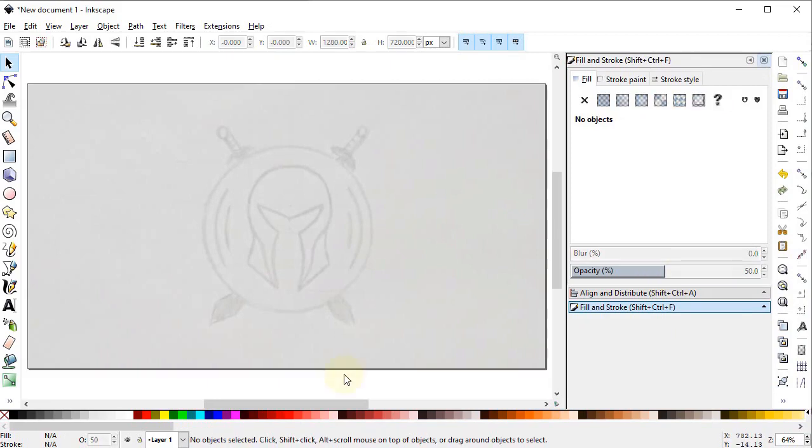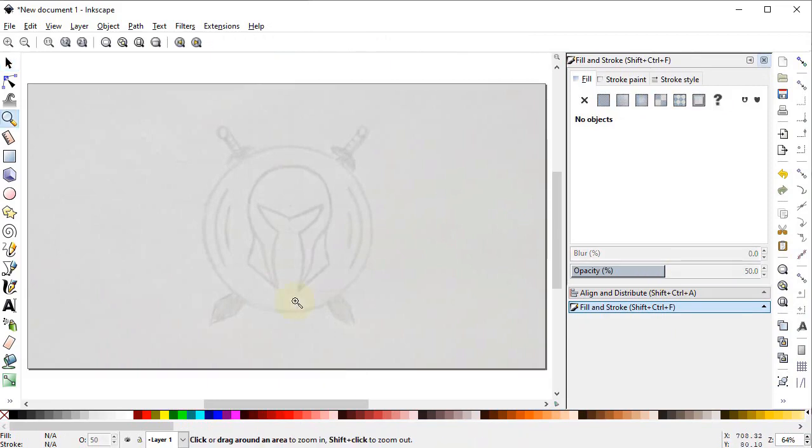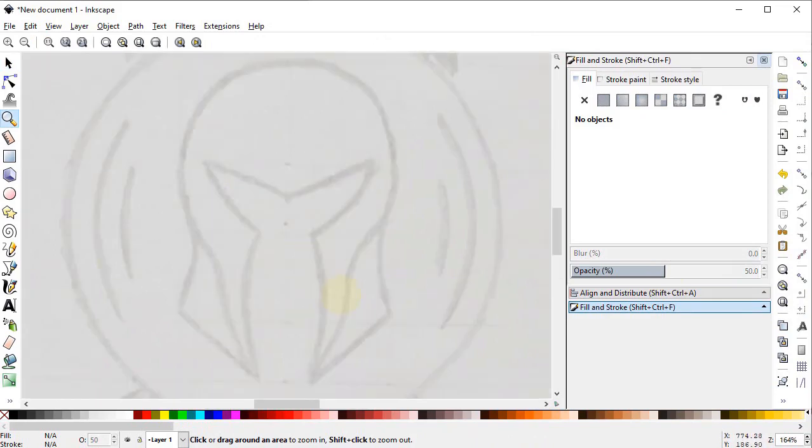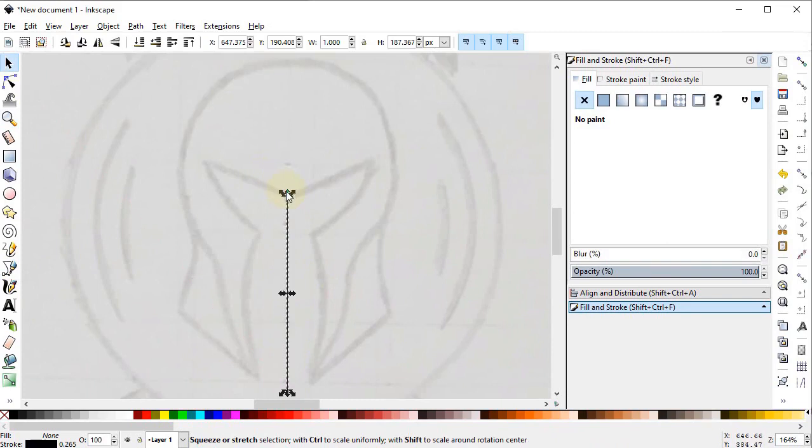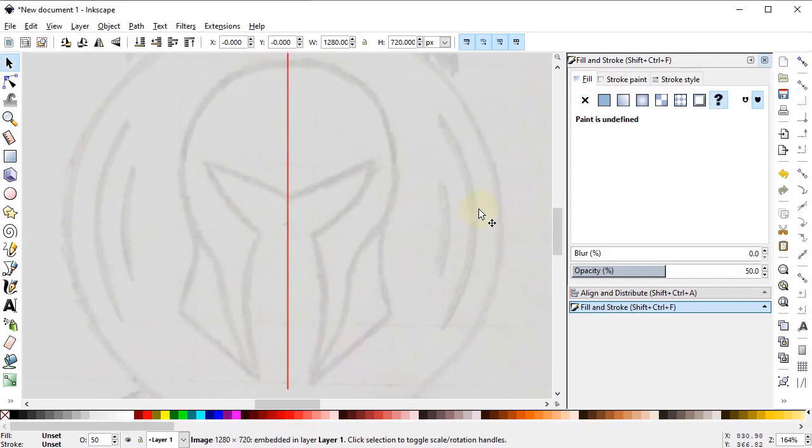Now press Z on your keyboard and zoom in this area by dragging the mouse over it like this. Now select the pen tool and draw a vertical line from the center by holding down the control key like this. Also drag it up to this point. Now we will change its color to red so that we can easily differentiate between the parts. Turn on the snapping, and here turn on snap to paths and nodes, and turn on snap to paths and rectangle snap like this. Now again select the pen tool